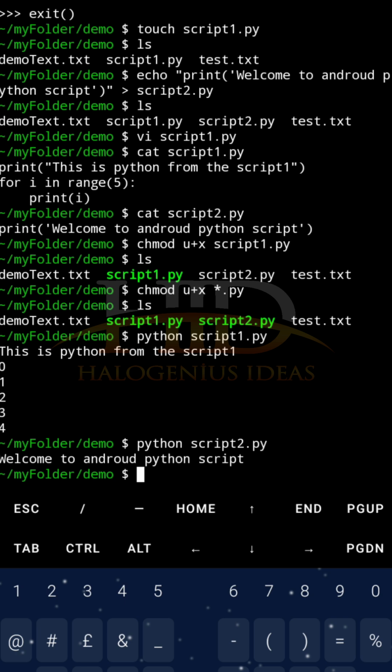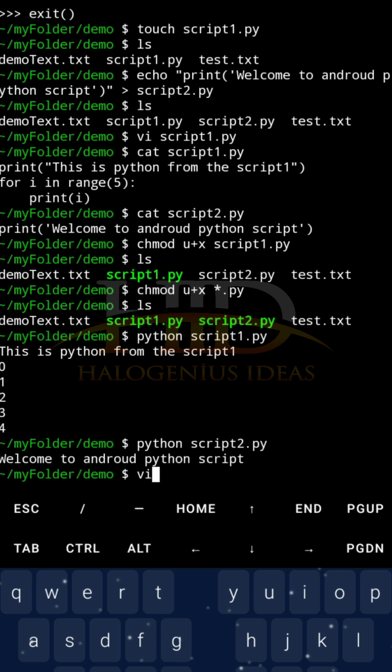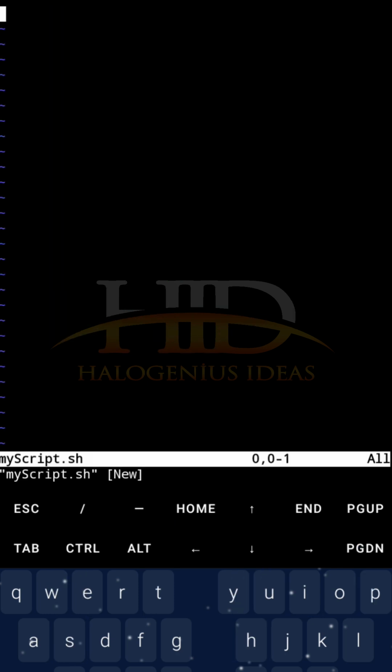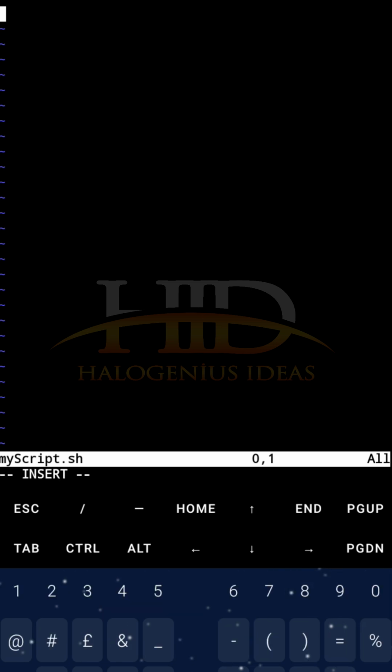So we are going to be doing a bit of basic bash scripting, just to see how you can write a bash script, then you execute it in this same Linux environment. How do you do that? Very, very simple. You start by creating an empty file. Let me say my script dot sh. Then I'm currently in command mode, so insert mode. Then for you to run your script, you start with the hash,